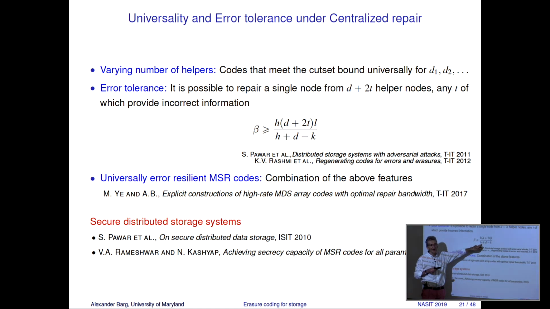This is as it should be. I thought it was negative for whatever reason. No, it is positive. So D plays the role of N. H is the number of erased guys. You see, I'm still struggling with this notation.